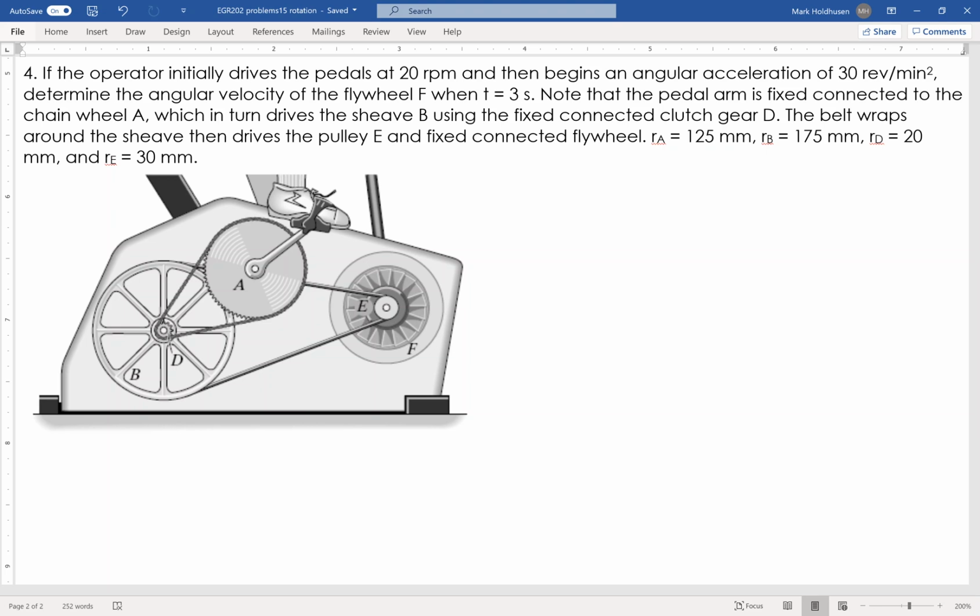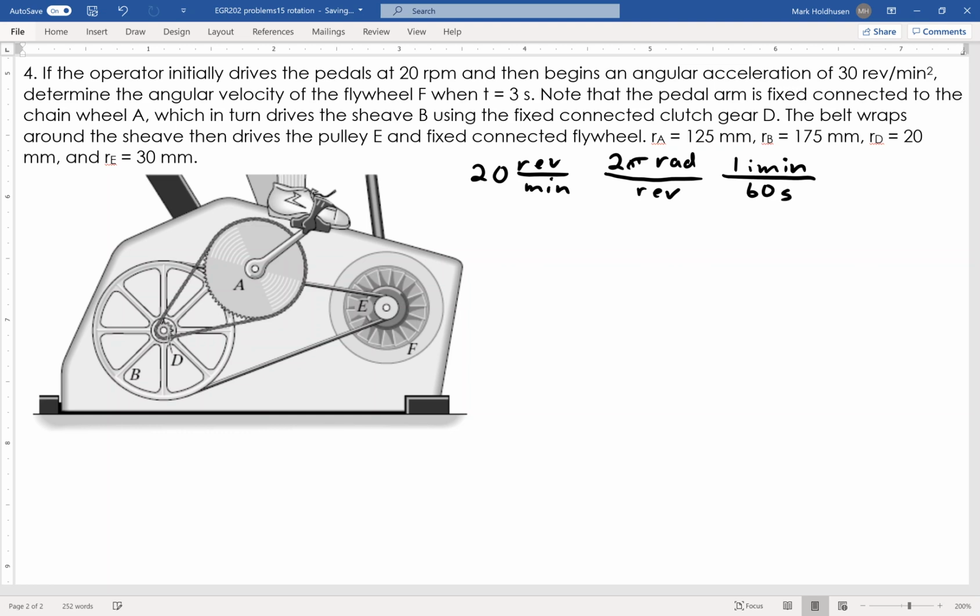Before we get too far into this, I'm going to convert everything from revolutions per minute to radians per second, so we use the units that we're most comfortable with. We'll start with the 20 revs per minute, 20 RPM, and recognizing that I have 2 pi radians for every revolution, times, again, 1 minute